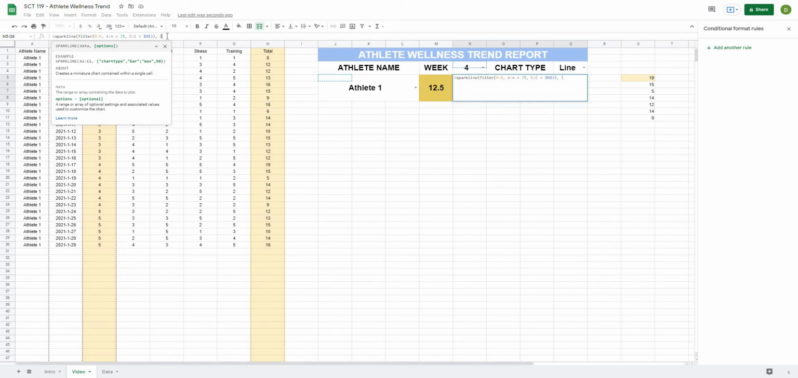And for sparklines, options are typically typed as quotations and words. So the first thing we're going to do is go quotation chart type quotation, and then comma. We want to make a column chart. So another quotation column, COLUMN,